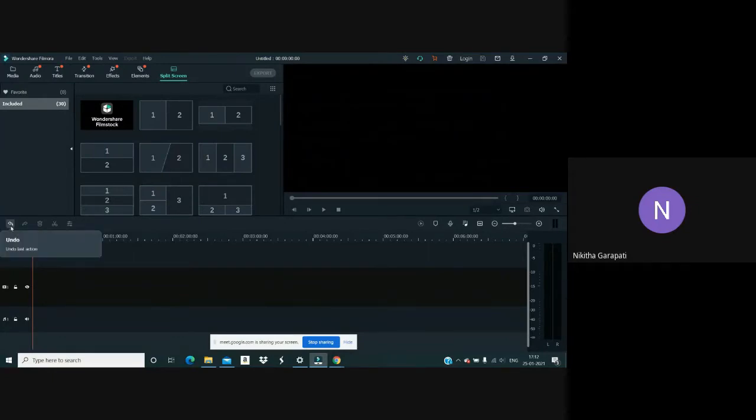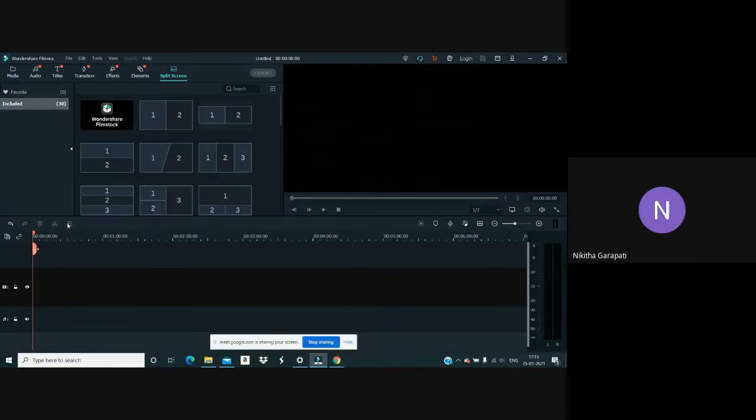This is your undo button, which will undo the last action. I hope you know all these settings. This is the redo, and this is your delete button, and this is your split button, which you can use to trim your video or cut a particular clip in your video.